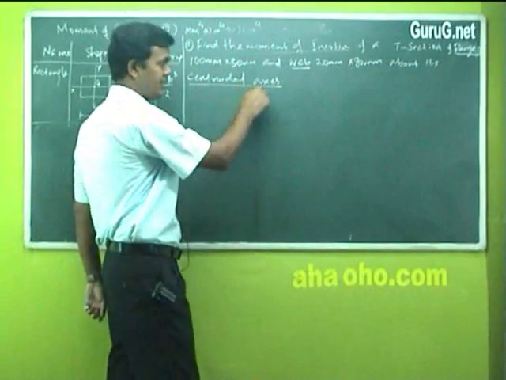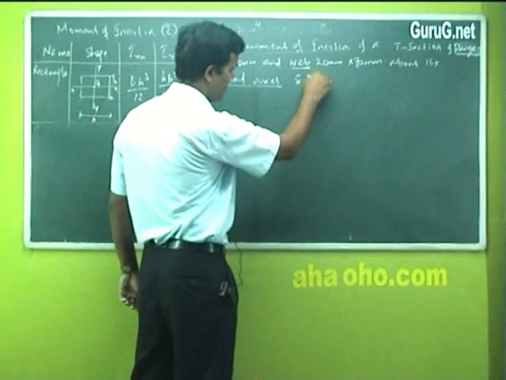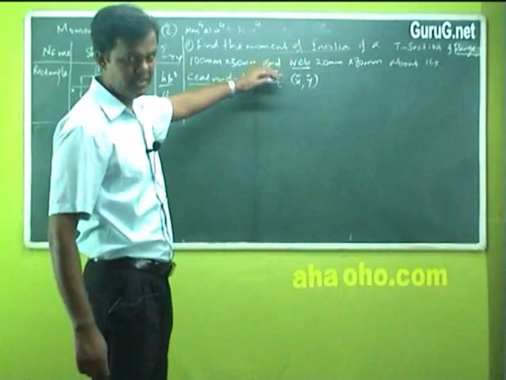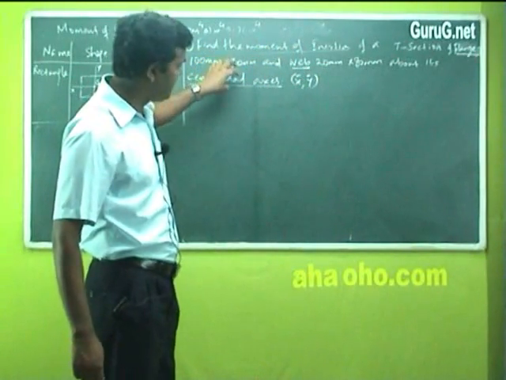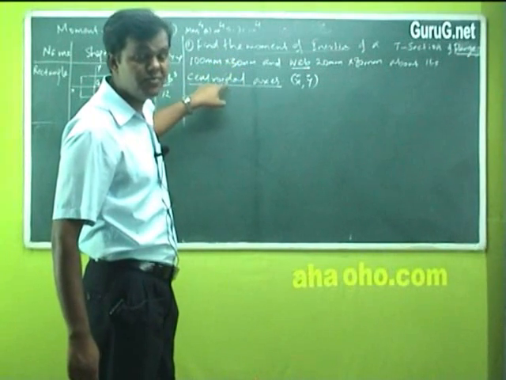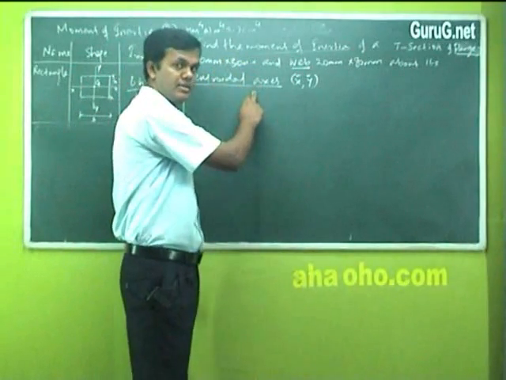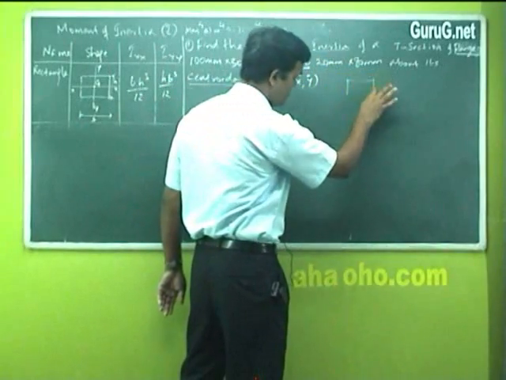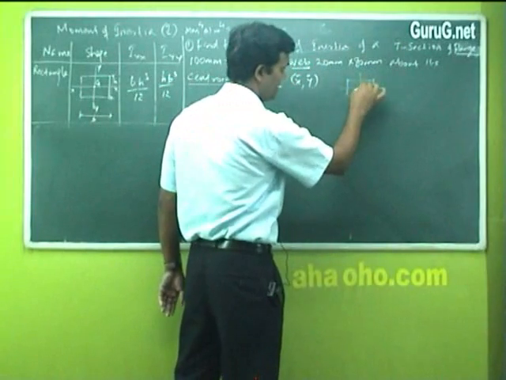If you find the word centroidal axis, it means x bar and y bar. Whatever you studied in the beginning of the chapter is this centroidal axis. Why it is specified as centroidal axis: the question may ask to find the moment of inertia either with respect to centroidal axis, which is x bar and y bar. Meaning, suppose I have a rectangle here, my centroidal axis will be somewhere at the center of this